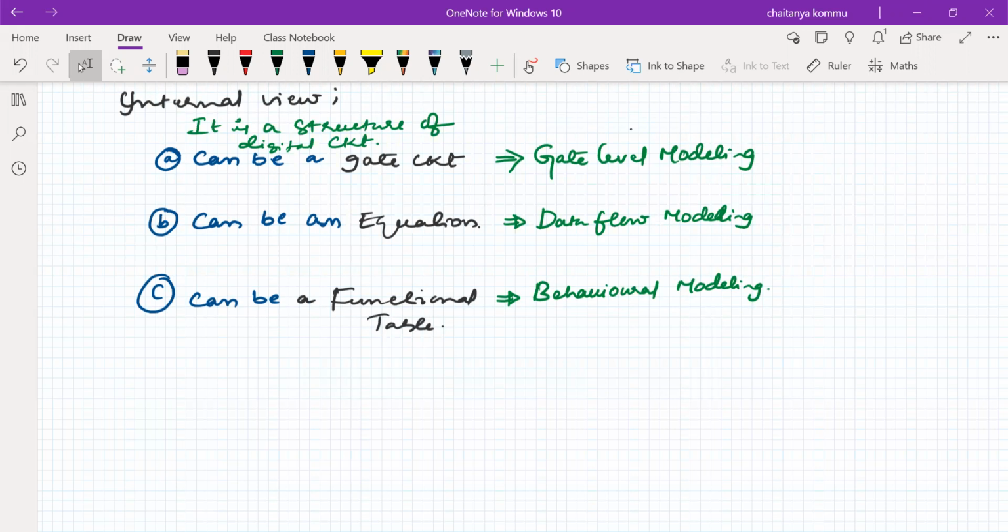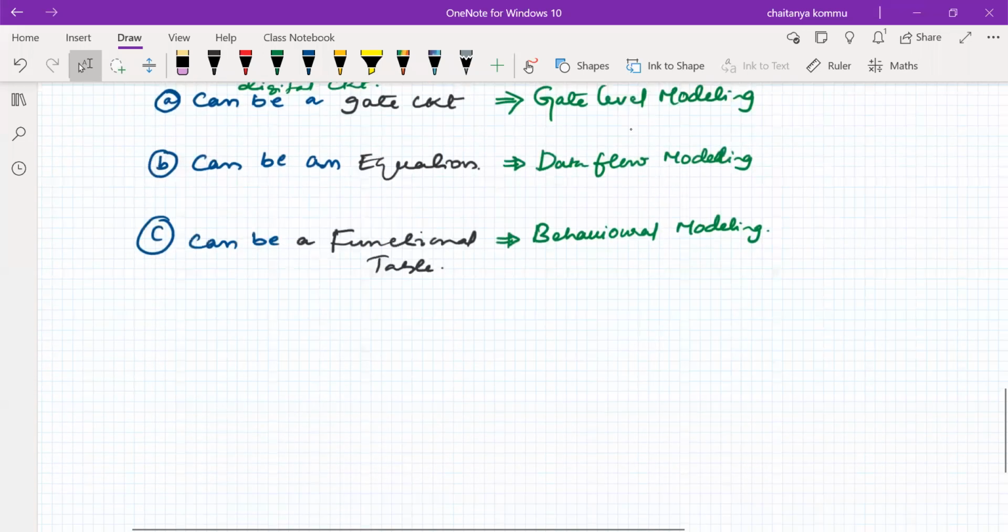That is what we have to understand, and you will understand this point also while we are writing the programs. Please remember that it is possible to describe any logical circuit using any modeling style, but complexity is involved. So you have to choose an associated modeling style for a particular digital circuit. I hope you understand this point.